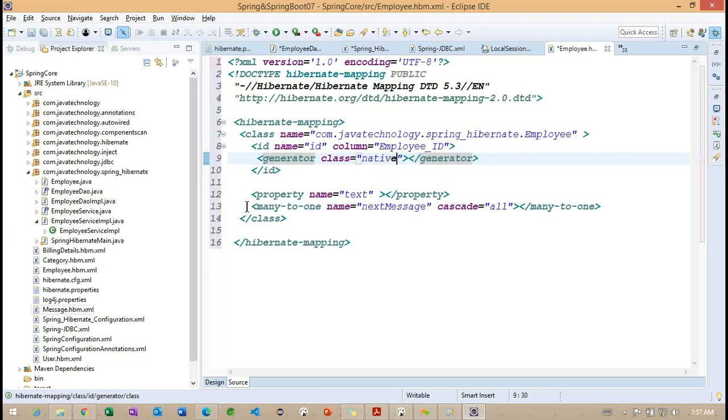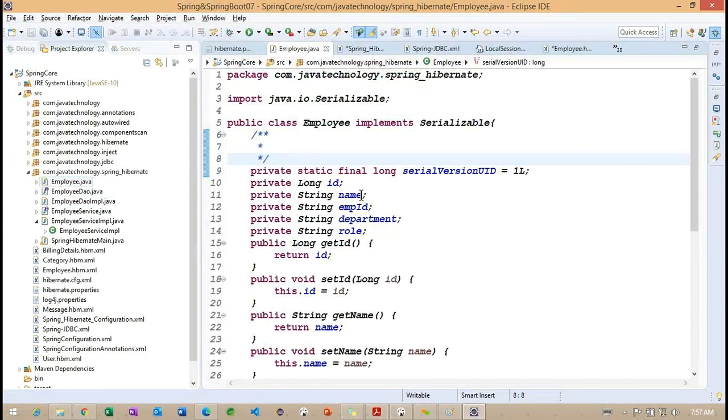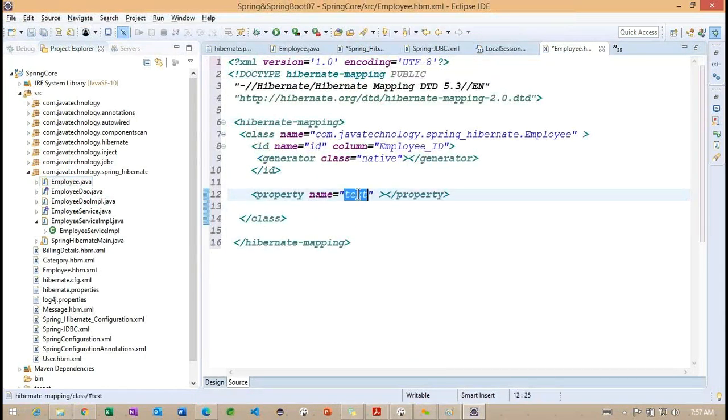So let me work with native, and what are the properties we are having? We need to work on the mapping file for those properties. Another one, here we need to work with the name.